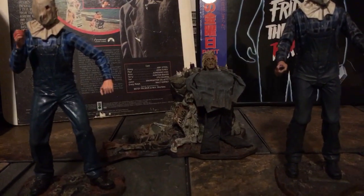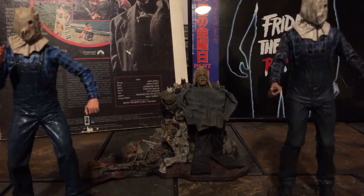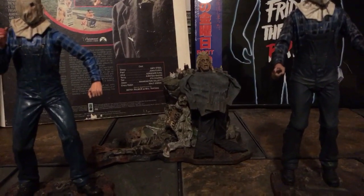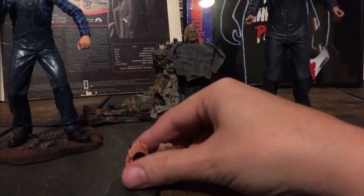I'm not sure if NECA decided just to tone it down a bit and make the new figure a little bit darker with its colors, or if they were going off of something that they saw in the film. So what we'll do is we'll take a look at the different head sculpts